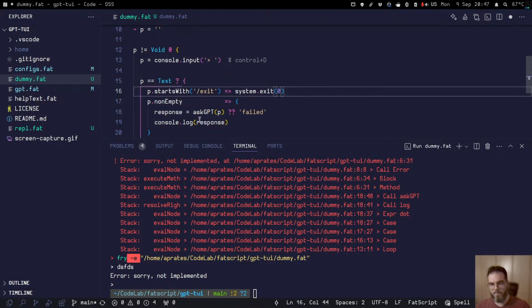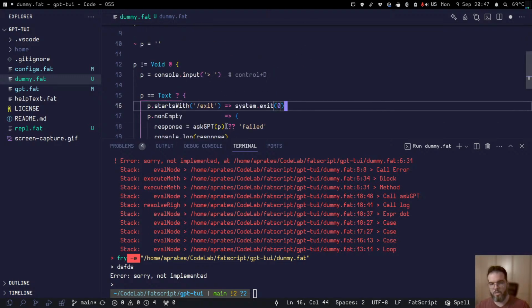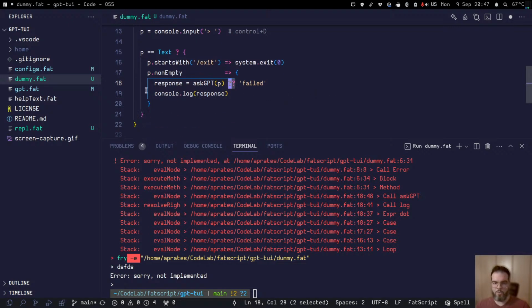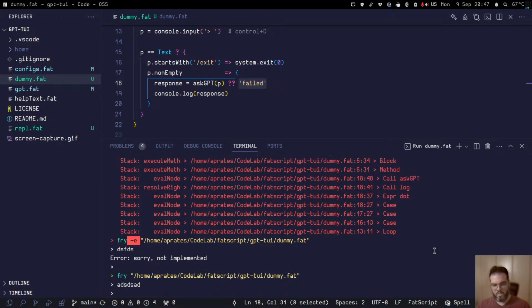In this case, what will happen is ask GPT will throw this error. This operator is the only one that is capable of capturing errors. And then it will say, okay, it's an error. So this one will only yield this value if it's null or error. So this is exactly intended to capture these kind of outputs. And then it will store into response this value failed. So here, even if we remove the -e, you can actually now just say this and